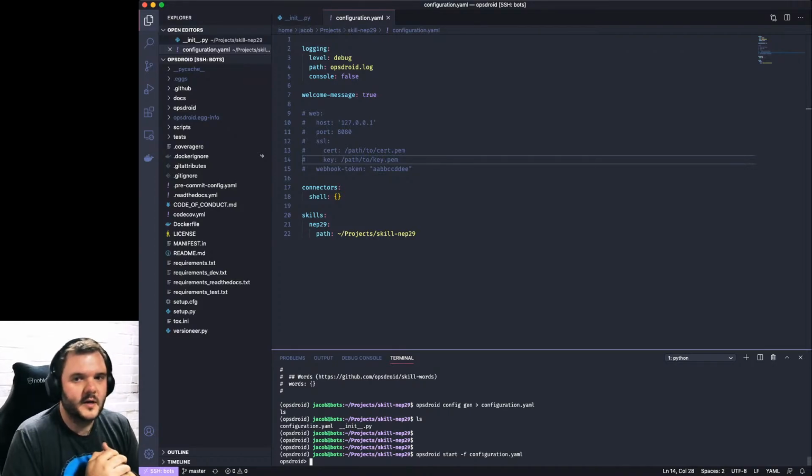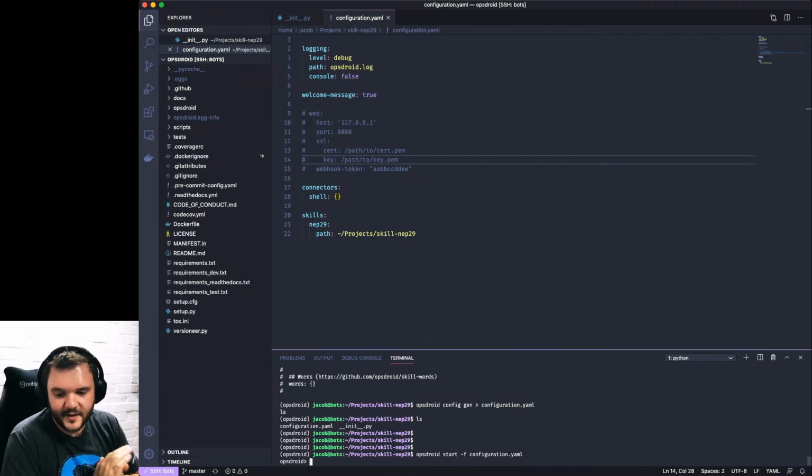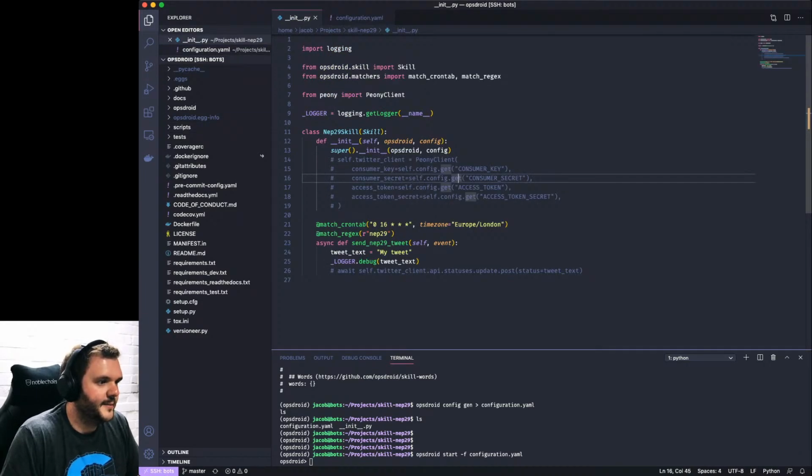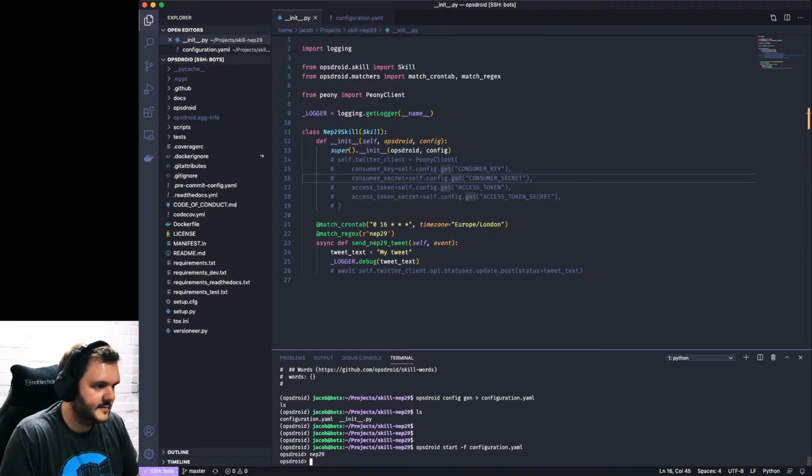Right, so you can start Opsdroid with a -f flag, which is nice, and it just points you to your current configuration, a configuration file that you specified. I think Fabio, you added that, right? I found that super useful. So I've got my Opsdroid shell, and I should be able to say NEP29, NEP29. I didn't do anything. Why is it not doing anything?